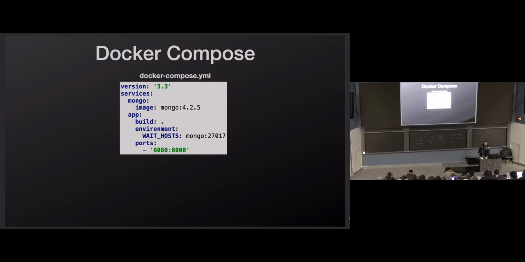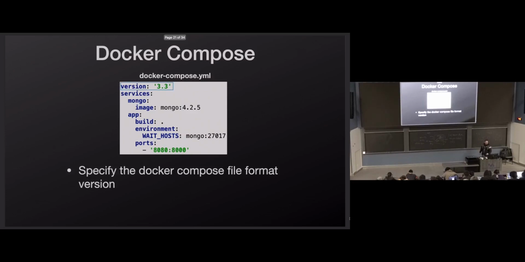So this is a YAML file. White space does matter, and let's just go through this one line at a time and talk about what all this is. But white space does matter, just like Python. You see a colon and then some stuff. Like this is indented, so it's part of the services block. This is indented, so this is part of the apps block. This is indented, so host is part of the environment block. So that white space does matter.